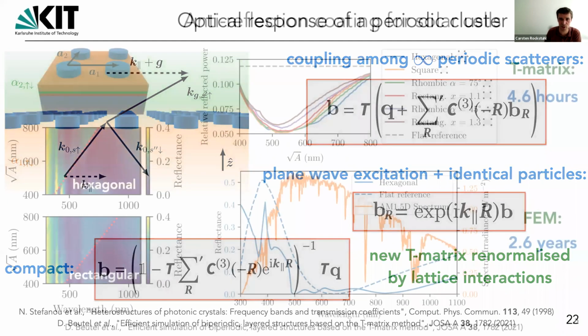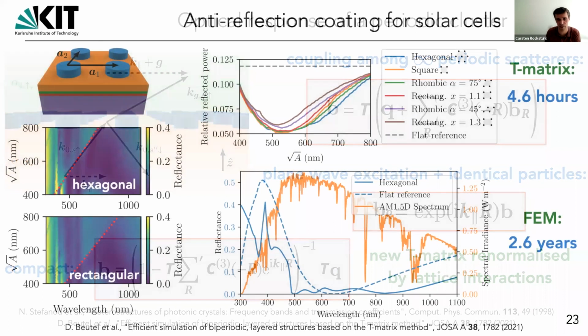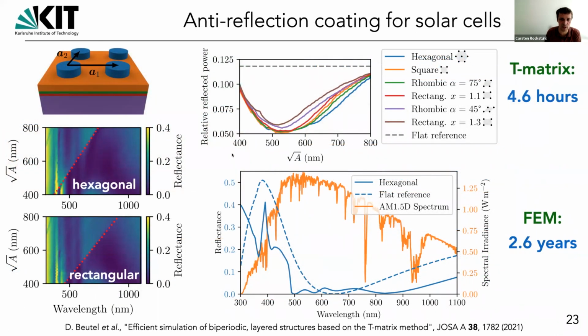And just to demonstrate that sort of strength here, of course, we have a kind of extreme example chosen, and that is that we want to optimize the light trapping structure for a solar cell. So where we have here a rudimentary type solar cell structure, and this anti-reflection coating here should consist of these disc-like structures, yeah, that are considered to be identical, but we still have a lot of